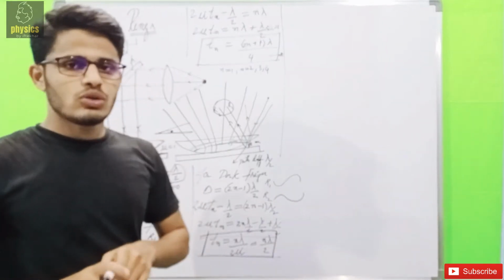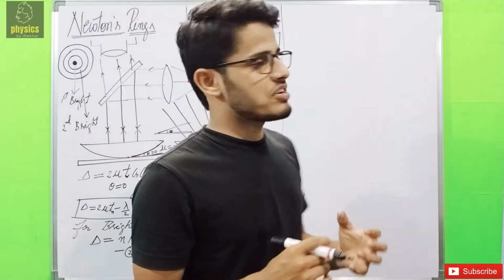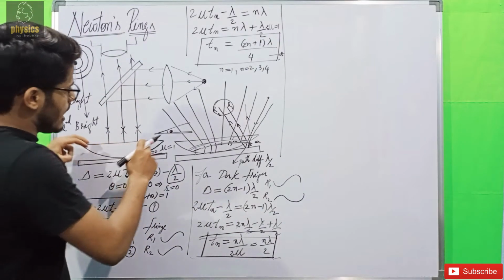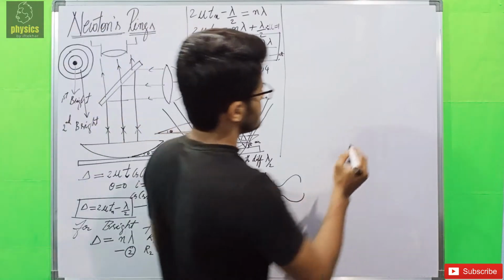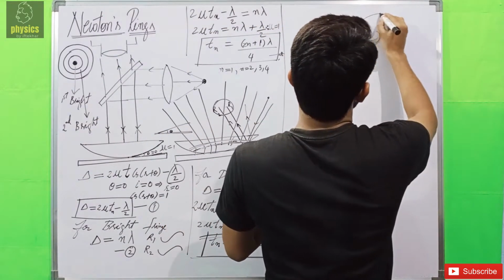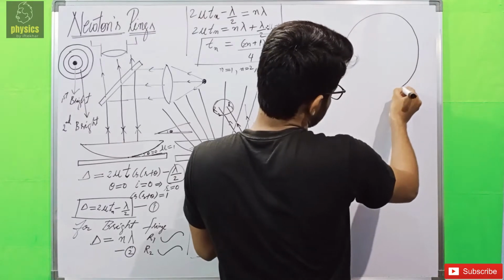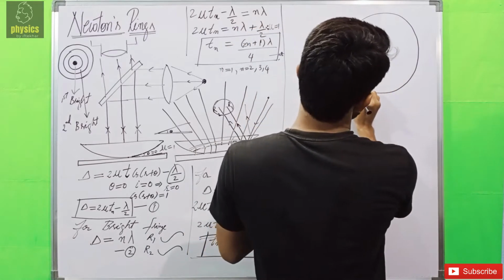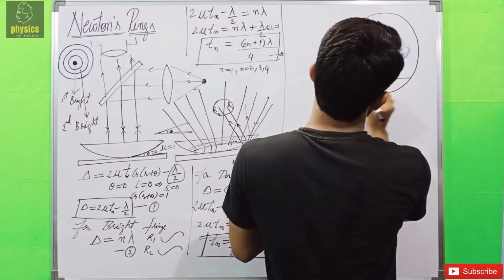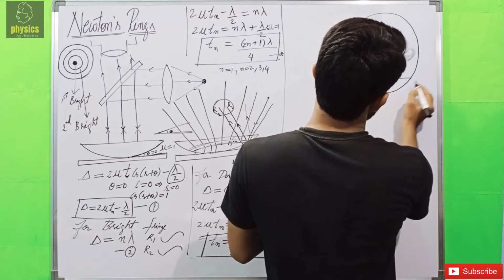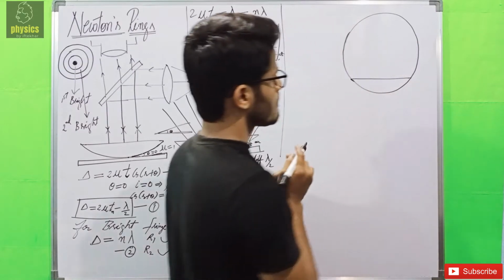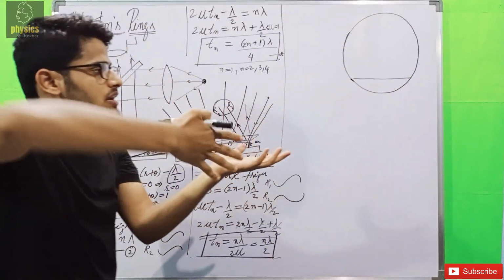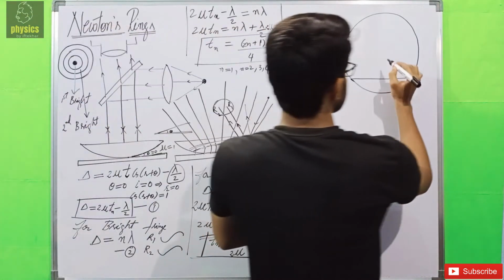So now we will find out the diameter of bright and dark fringe. For that purpose, I have to imagine some kind of geometry around this lens. So this is my lens, and I am imagining some kind of sphere around it, which is having the center